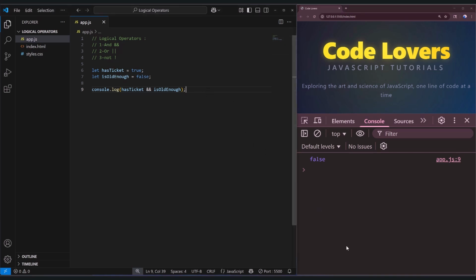Okay, now let's talk about the OR operator. The OR operator is written with two vertical pipes. This one is different. It only needs one of the conditions to be true for the whole thing to be true. Let's test it with our current variables. Remember, hasTicket is true and isOldEnough is false. Now, if I change those ampersands to pipelines,